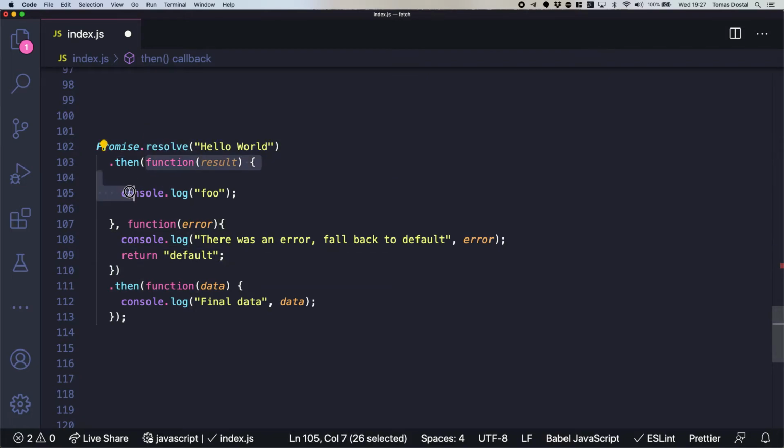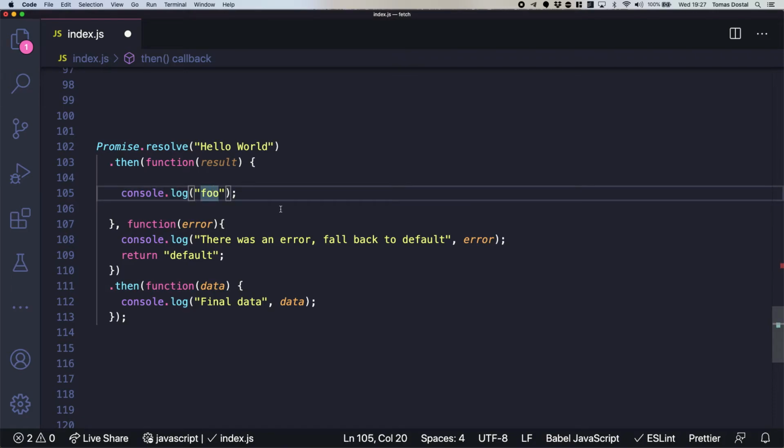Now, the successful callback in here, inside those two curly brackets, which is the body of the function, it will console log something, and the something is foo. So once this is actually resolved, it will come in here and it will say foo.